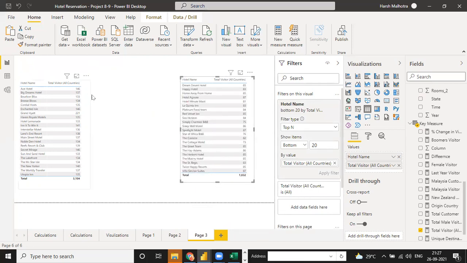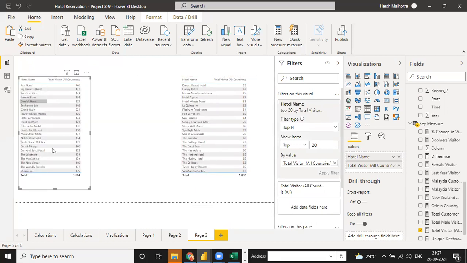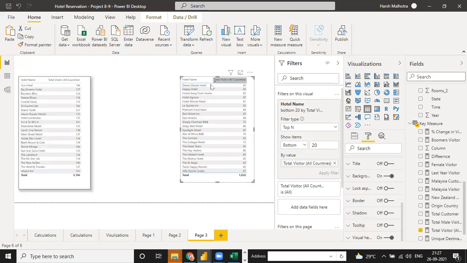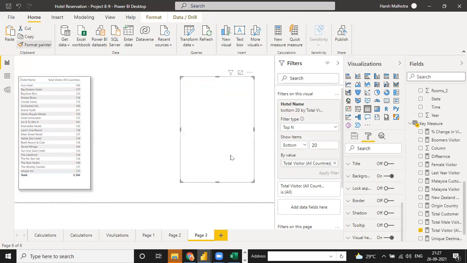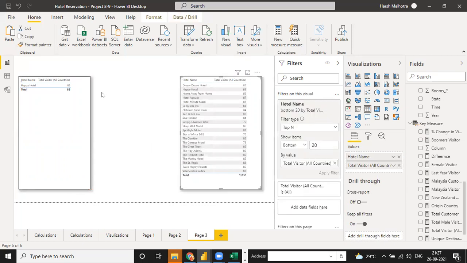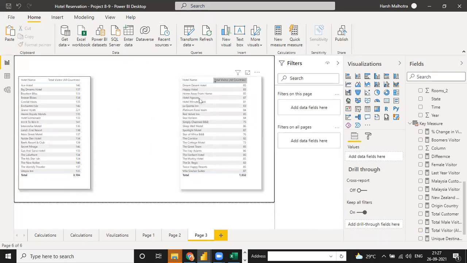So now my question is: please tell me how to calculate this total of the top 20 hotels in just a tab, in just a total count like 3104. How to calculate? If we need to count the top 20 hotel names by just a value, we don't need to count it as a table. We need just a value only. Just click on this format and apply the same formatting. So now we have a value.